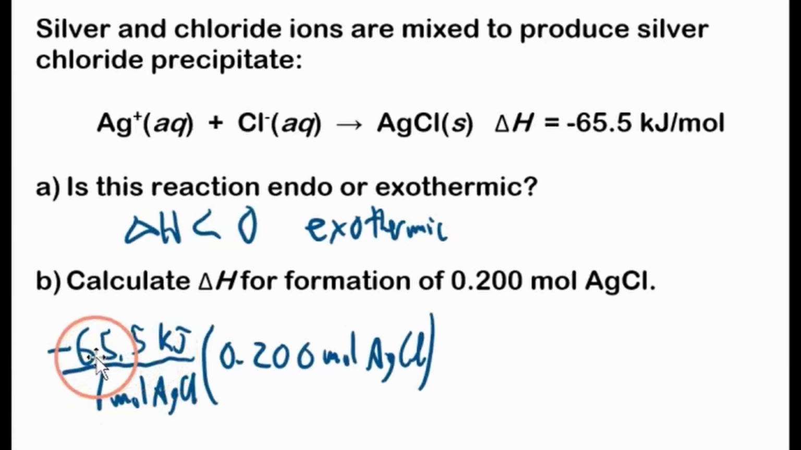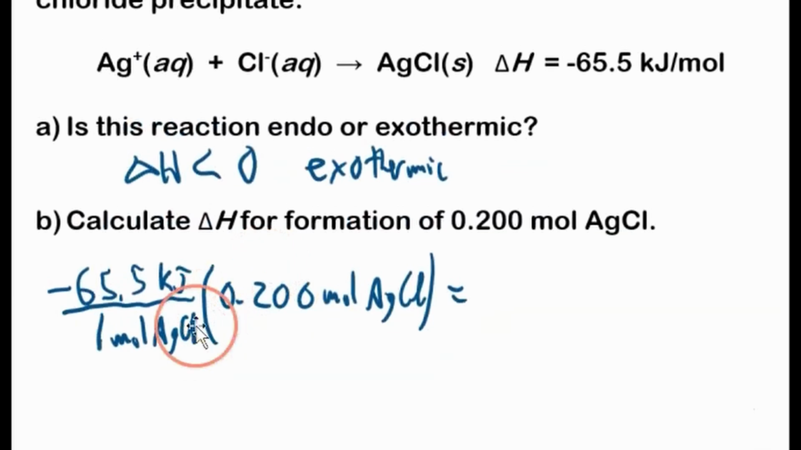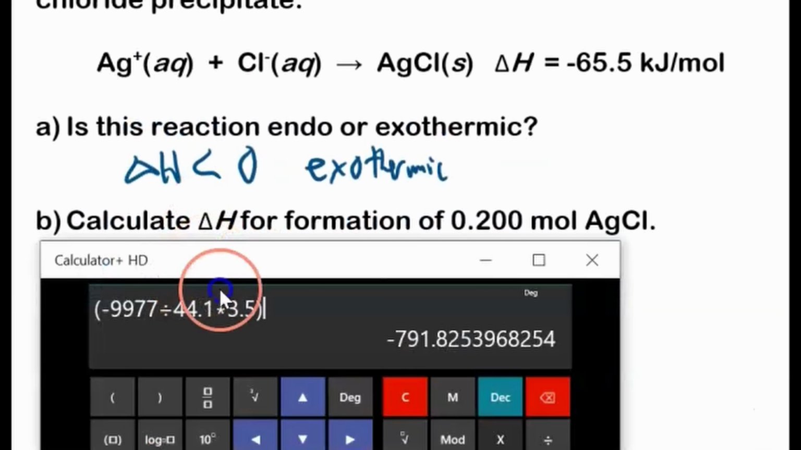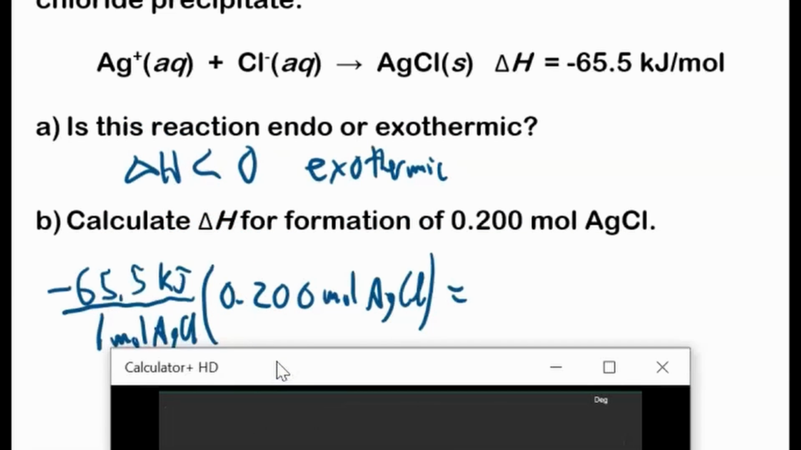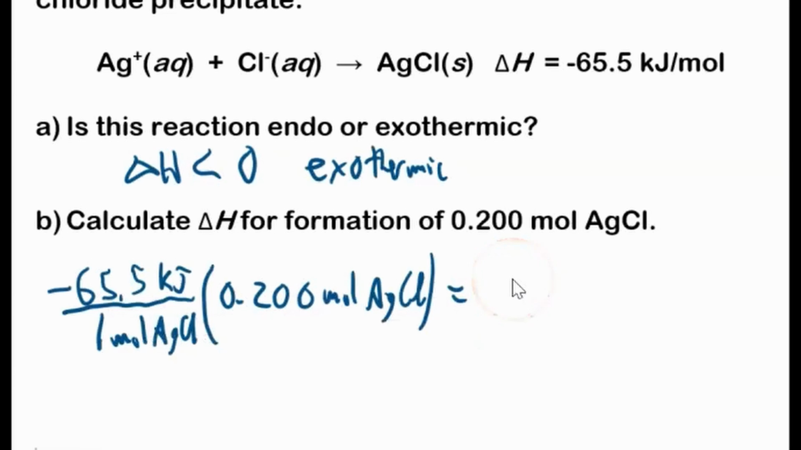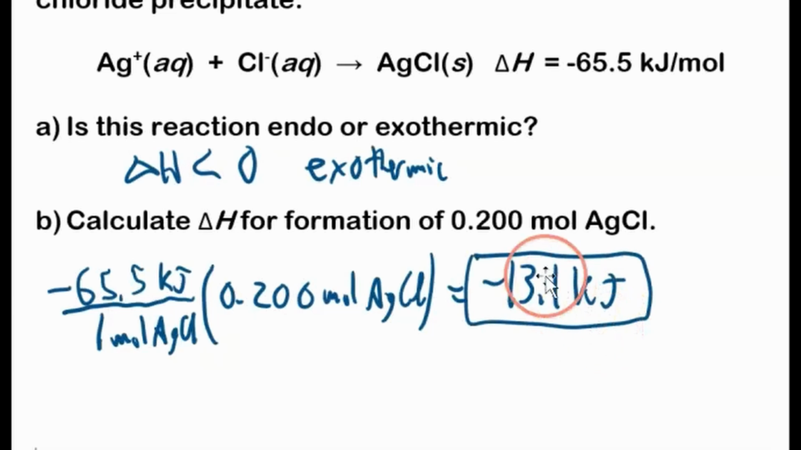A lot of students would stop right here, but we need to incorporate the 0.2 moles. I'll just plug it into the calculator. Negative 65.5 times 0.2 is negative 13.1 kilojoules. So this is the change in enthalpy. This is the energy transferred as heat away from the system, because it's negative, when this many moles of AgCl